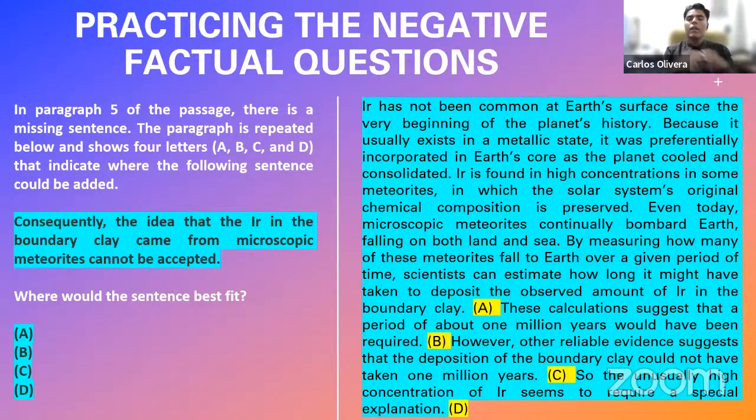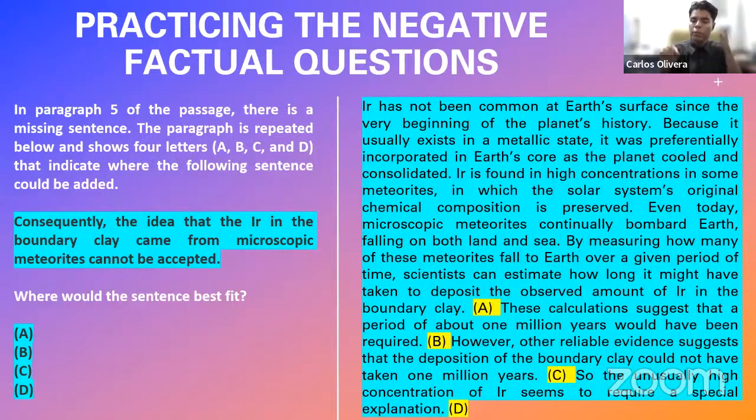Okay? I mean, remember that what they are trying to do here is to postulate a theory. They are saying, okay, we want to explain why there is so much air in our boundary clay. One possible option is that it comes from the meteorites. Nevertheless, they say it cannot be because of the meteorites, because that 1 million years that they would require in order to fill the earth with that element is not possible. We know that actually it could not have taken 1 million years. So they are saying that this hypothesis does not work. It doesn't help to explain why there is so much air in our boundary clay.